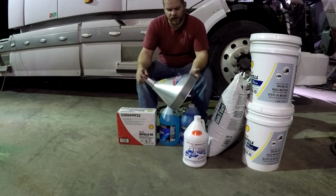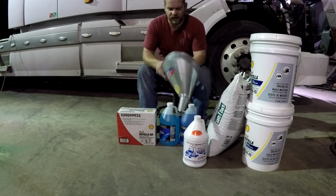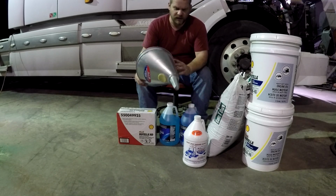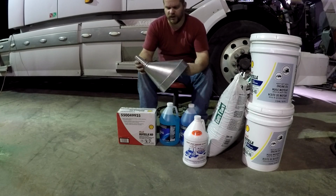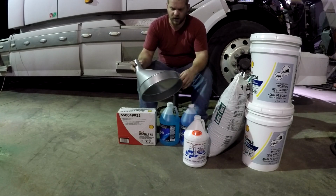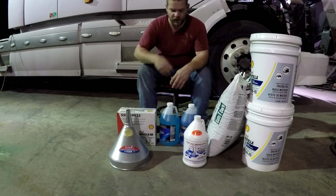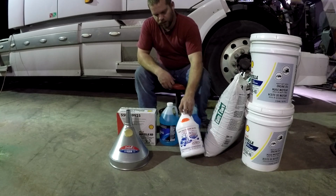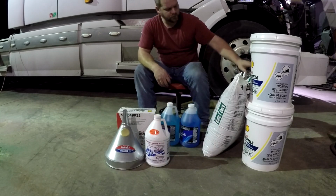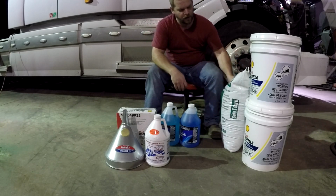I picked up this funnel. The funnel I usually use is a plastic red one, and it does not work all that well. I've seen this and I thought it might. I'll show you in a second why. I think it might work better. The engineers engineered the oil fill spout on this truck, and I'm not sure what they were thinking, but anyways, it's not the best design in the world, let's put it that way. Picked up a gallon of Lucas, bag of oil dry, and I picked up the oil